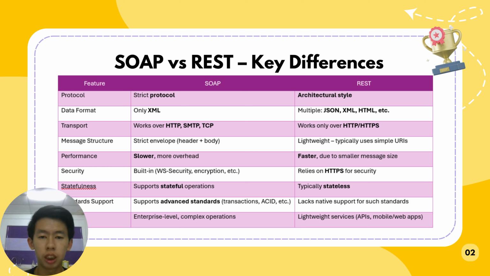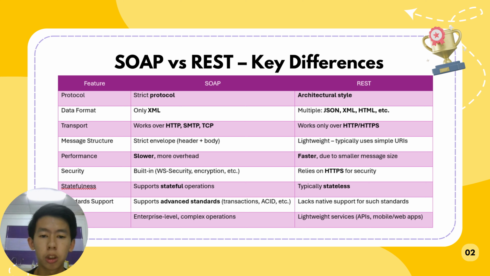So now I will present the key differences between SOAP and also REST, as in the table below. So first is the protocol. SOAP has a strict protocol while REST is an architectural style. Data format in SOAP is only XML, while REST supports multiple formats such as JSON, XML, HTML, and so on. Well, in transport, SOAP works over HTTP, SMTP, and TCP, while REST only works over